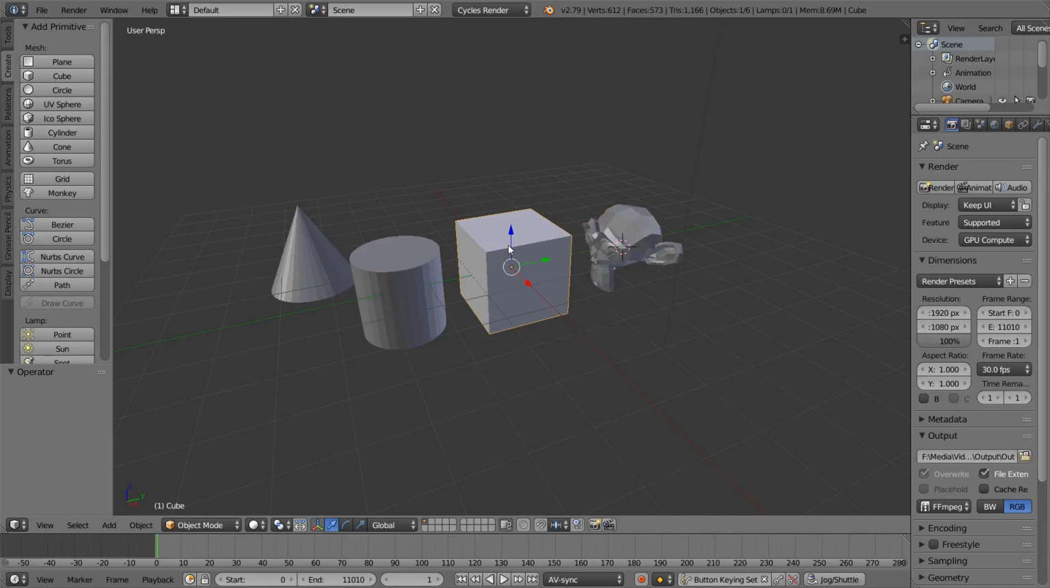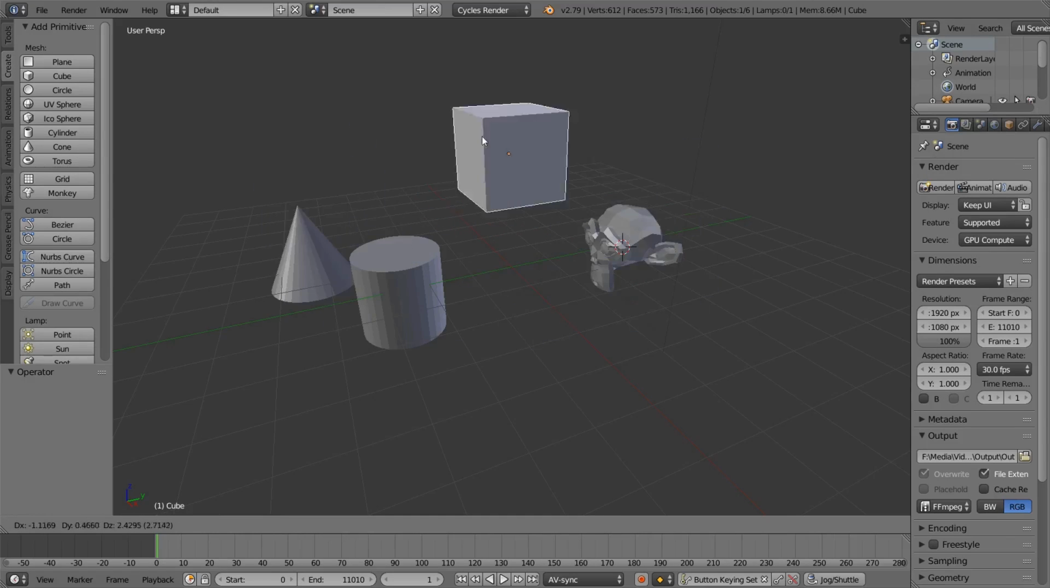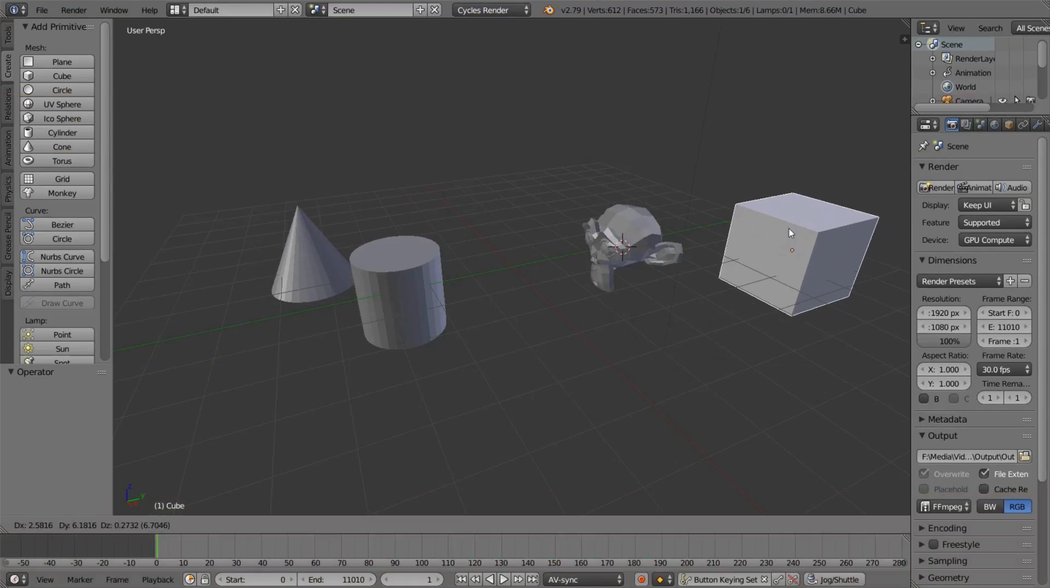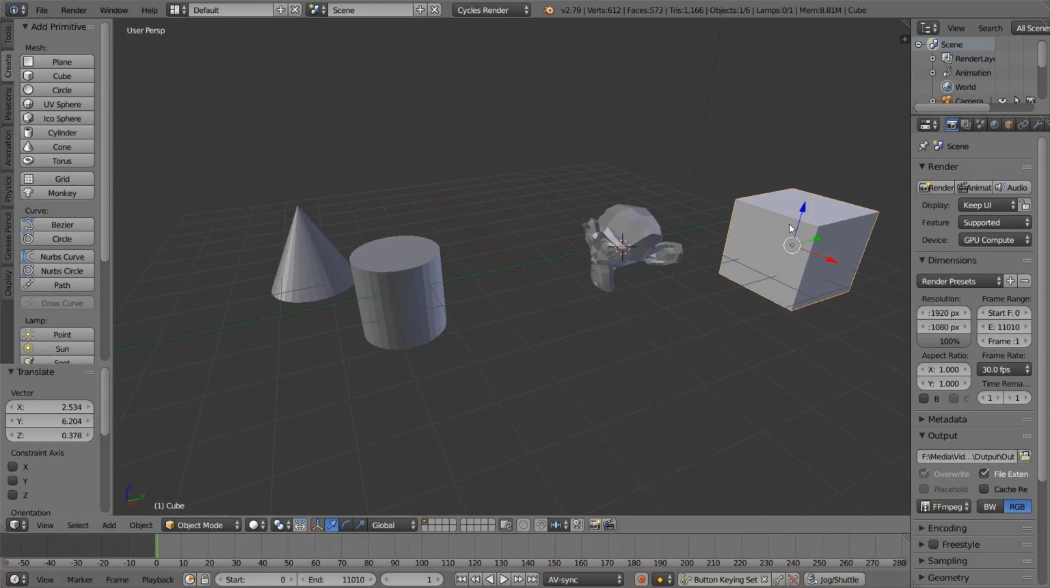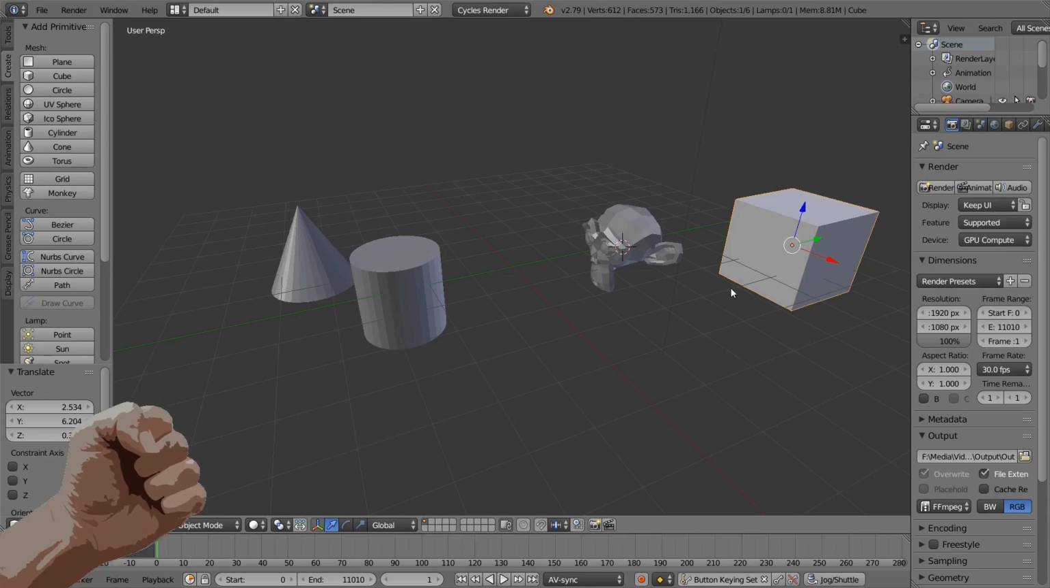Next, hit G. Move it around. Left click to release. This hotkey can be thought of as the shorthand for grab. You can also left click to drag along